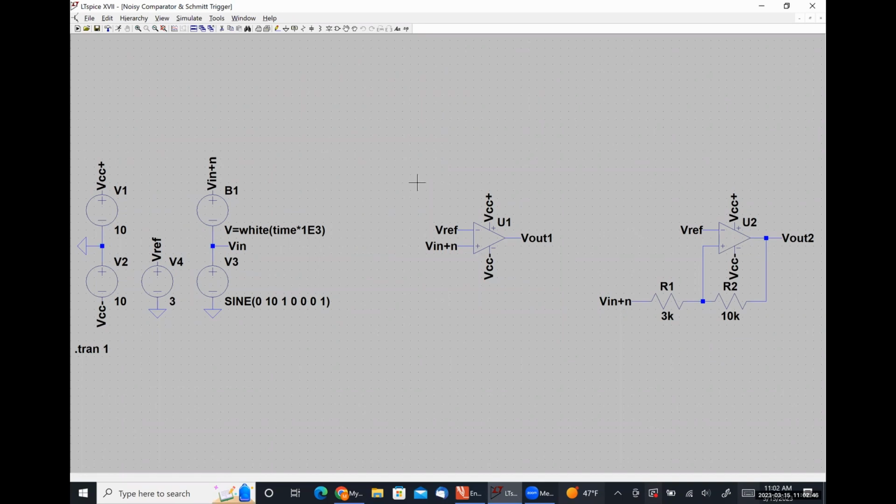The different thing here is on top of it, I have a behavioral voltage source that is going to be generating white noise. So it's going to cause my total input signal to be that pure sinusoid with a little bit of noise on top of it. And we'll look at it in a minute. And then here in the middle of the circuit, I have a simple non-inverting comparator. So if I run a simulation here